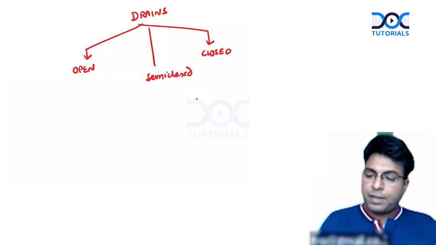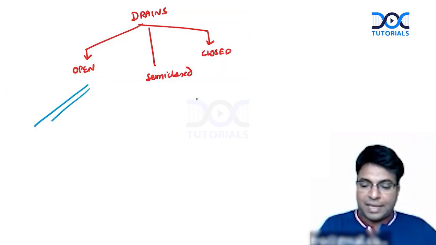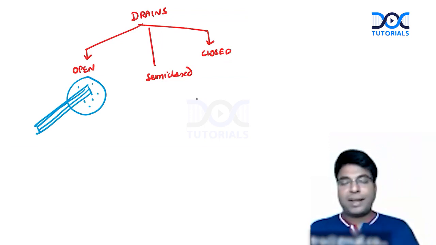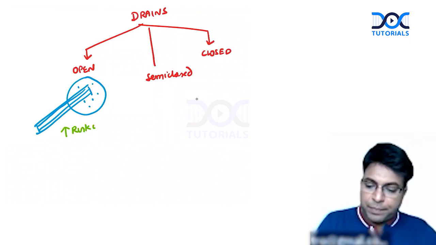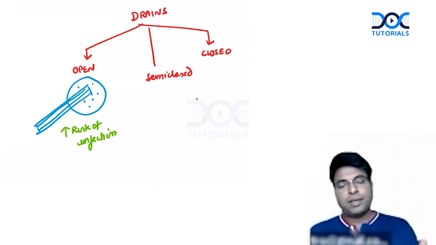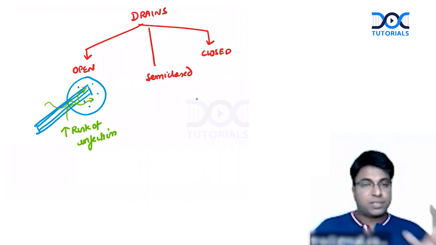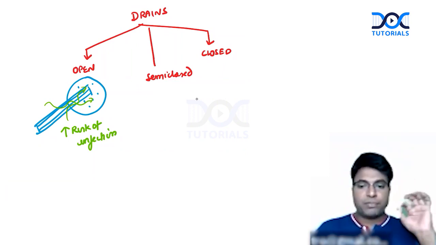Open drain, you would have seen after doing a drainage of an abscess, we keep a corrugated rubber drain like this into the abscess cavity. It's an open drain. The problem with the open drain is there is increased risk of infection, especially from external sources. By handling and doing dressing, the infection can come from outside to inside. So this is the first important thing I want you to remember: open drains have increased risk of infection.